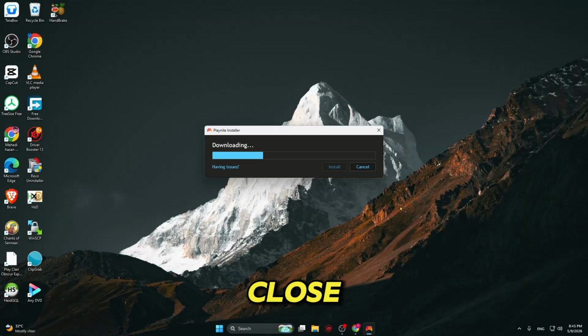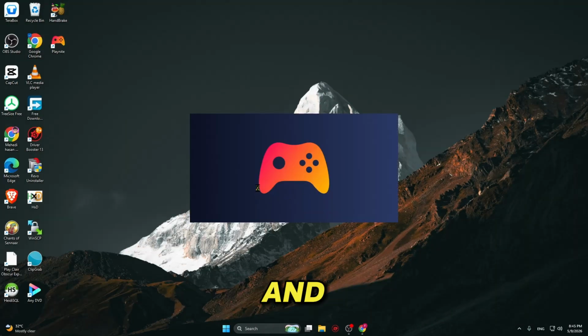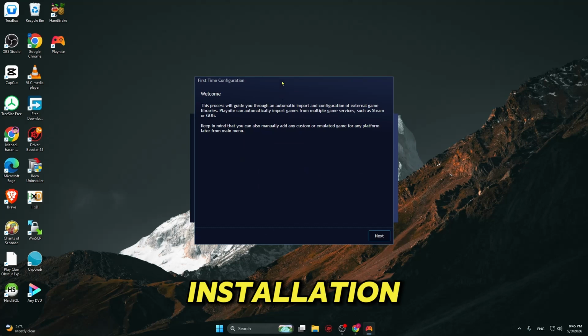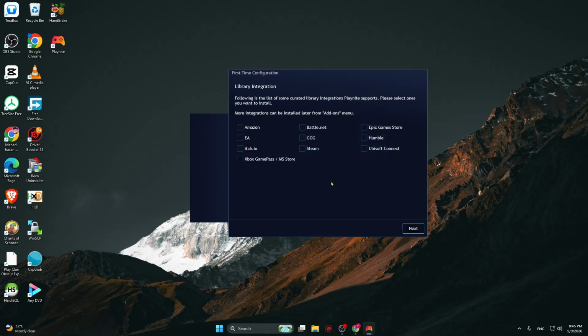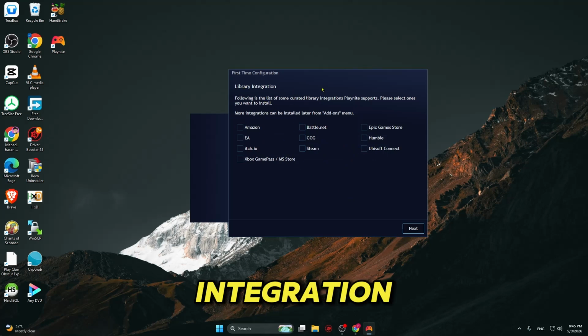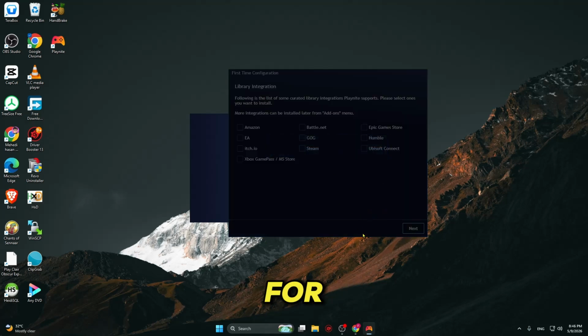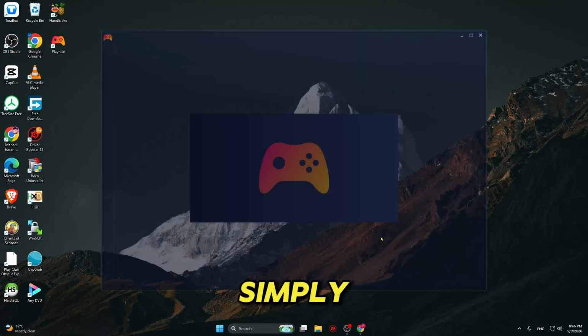So you can simply close all of your background app. And as you can see, the Playnite installation is completed. Now, if you can see that the Playnite is rightly opened, you can simply click on next. And from here, you can simply download your library integration. So it's another way to do that, or simply go for it. So yeah, this is you can simply download and install